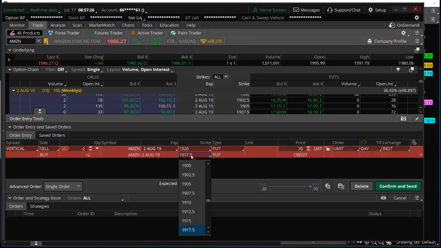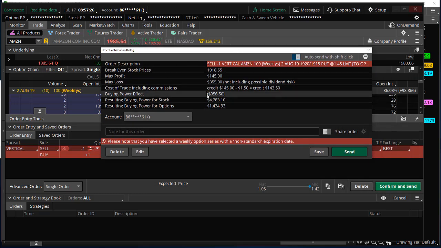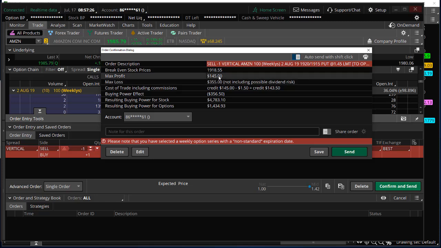So if you say, okay, well, just in case, let me do it 1950. So you see how you went from getting about a 77 cent credit to getting $1.42 credit. So now at this point, you're risking $355 per contract to make $145 per contract. So for me, I personally like that a little bit better, but you have to remember that you just cut your probability. So if you had about 68%, 68.9, whatever it is, 70% probability that it was not going to touch